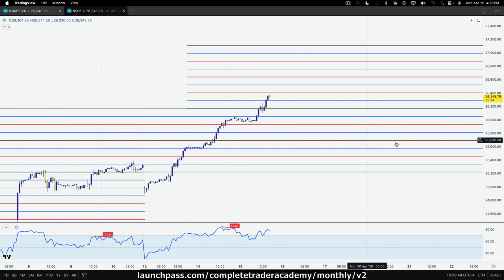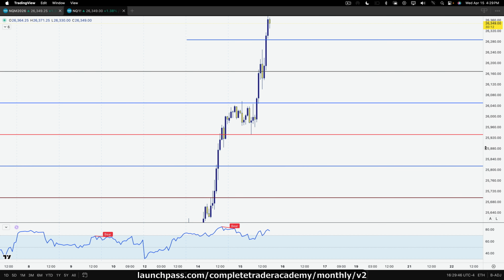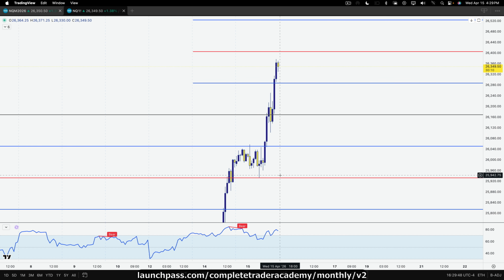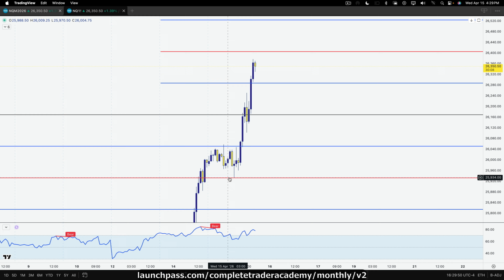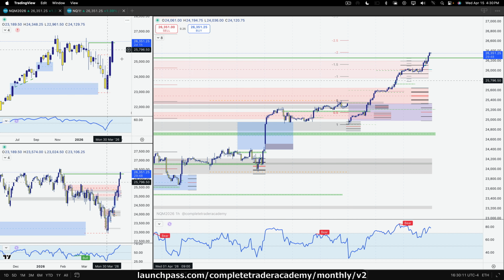And then look at this. This is more perfect sauce. So I don't know why I don't zoom in. I feel like you guys can see what I can see. So it hits it and then take a look, this 9 o'clock candle, it closes above. Look what 10 o'clock does. Look at that. 10 o'clock opens and bounces right on top of that 8th, bro. This is 26,051. 26,051.